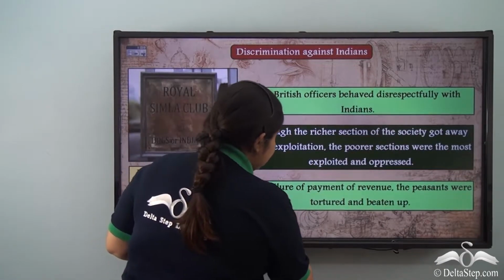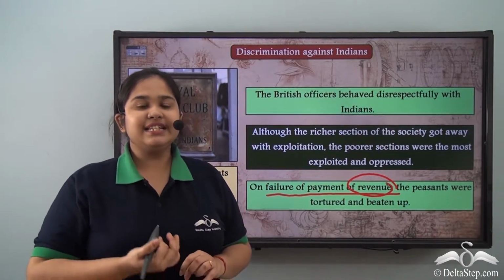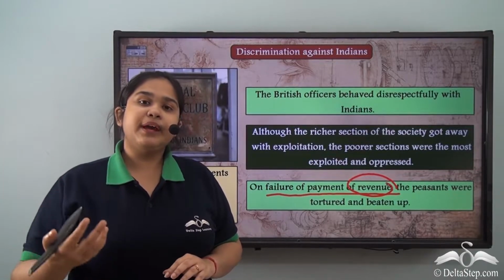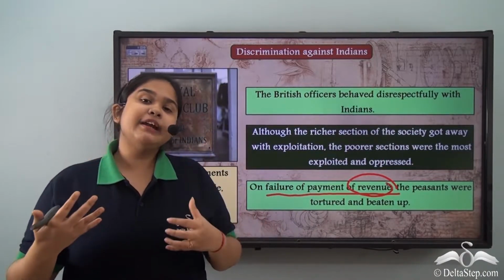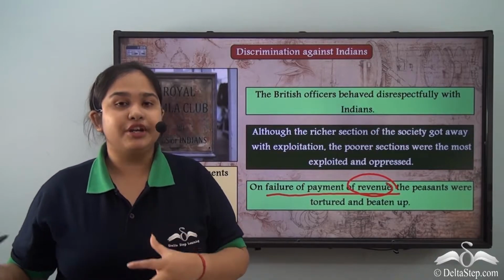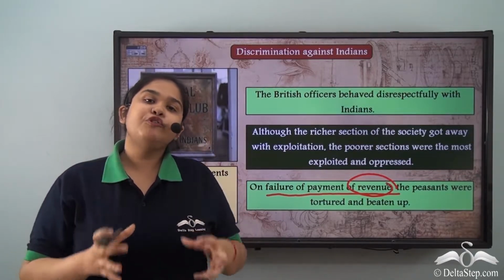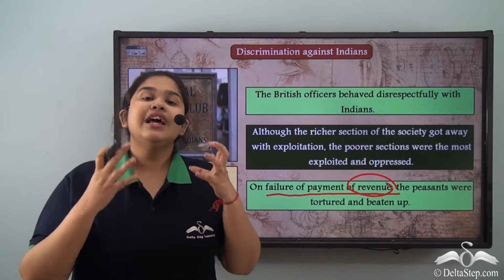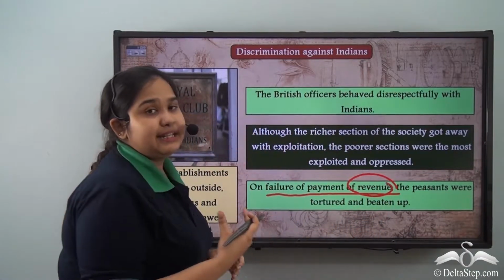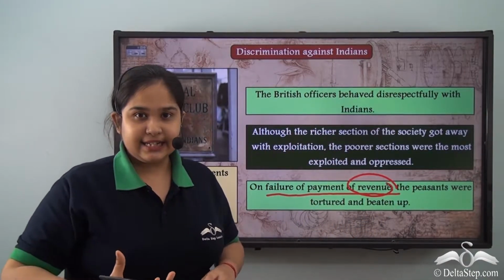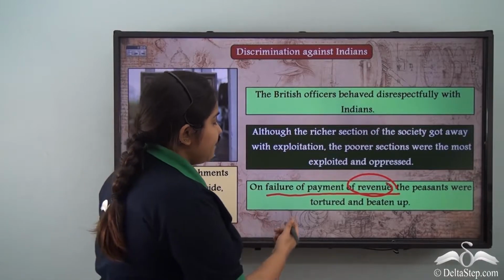Thus we understand that they had created these revenue systems, these policies that went against the Indians in a way where the most amount of exploitation was done on them, keeping in mind the most amount of revenue generation. We have learnt and seen how the British capitalist mindset was fulfilled by making India a colonial economic structure. So whenever these revenue systems failed, that is whenever the peasants could not pay the taxes in the methods that were advised by the Britishers, the peasants were